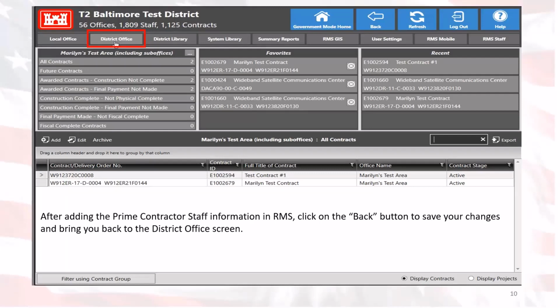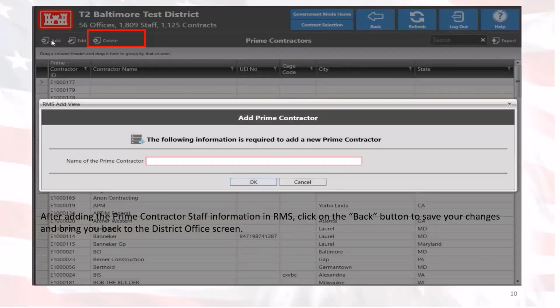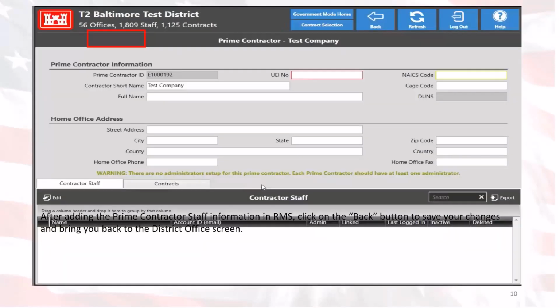The back button functions as the save button. As mentioned before, you'll go through and click on add to add a new contractor to the district roles area, the district office area. You'll add that particular contractor's information, the prime contractor. We're just entering a test company right now. Once you've entered that test company, it'll go ahead and create that prime contractor, adding all the information that